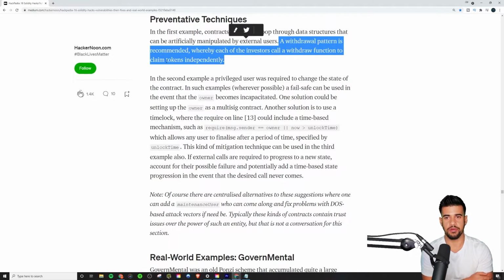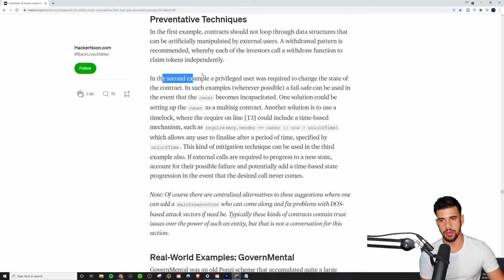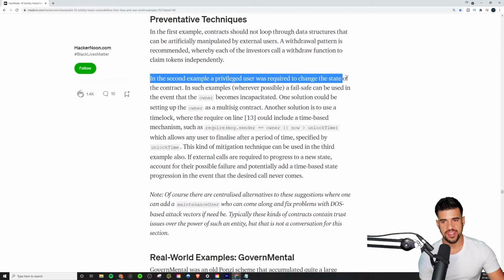If you can provide it so that you're not accepting arbitrarily long inputs, then you can ensure that you're not going to get anything that needs more gas than your limit is set to, and you'll be able to process whatever comes in. And then in the second example,